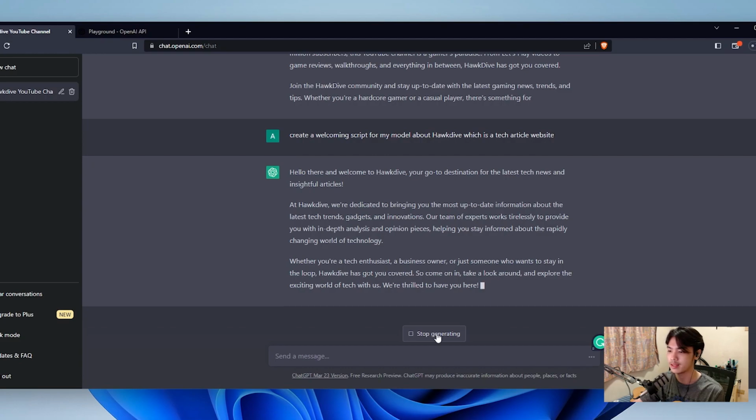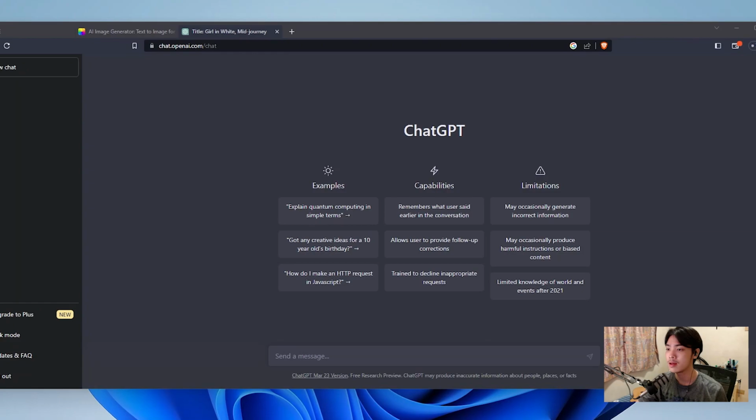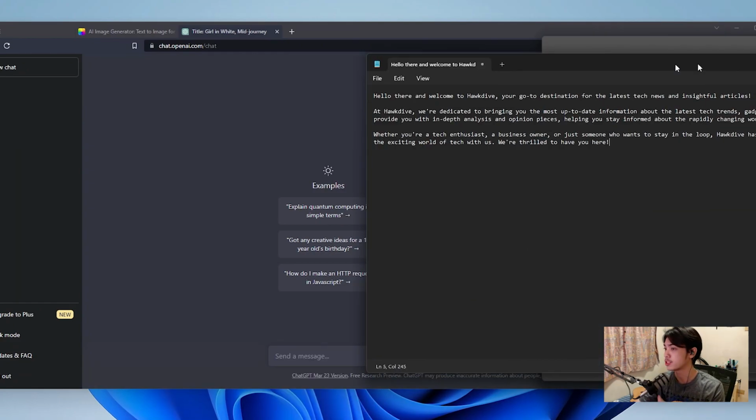And hey, there you go. I think that's done as well. Okay, that's good. I like this one. I'm going to copy this and save it somewhere else. All right, so now that I've finished copying what I wanted from the script,